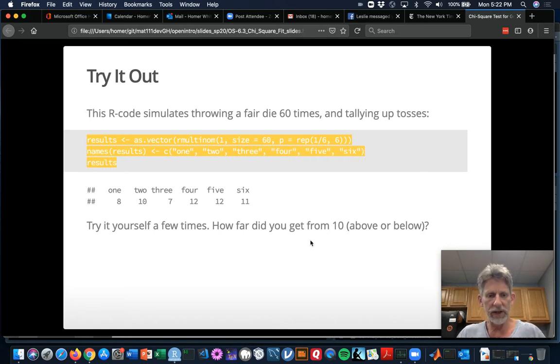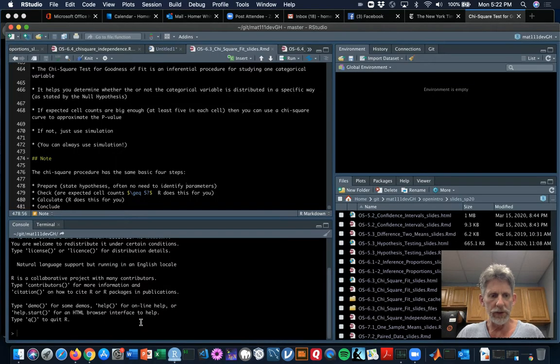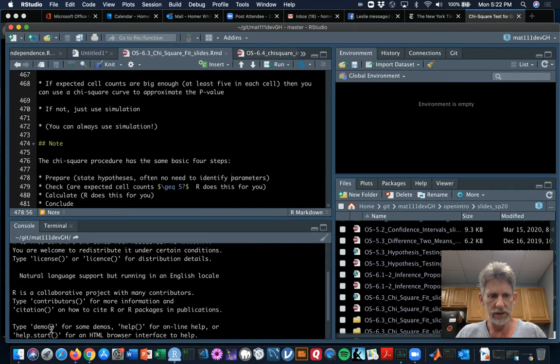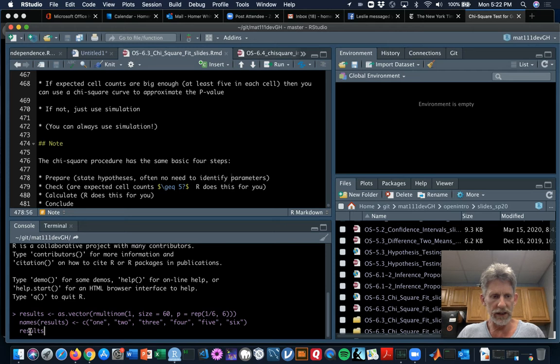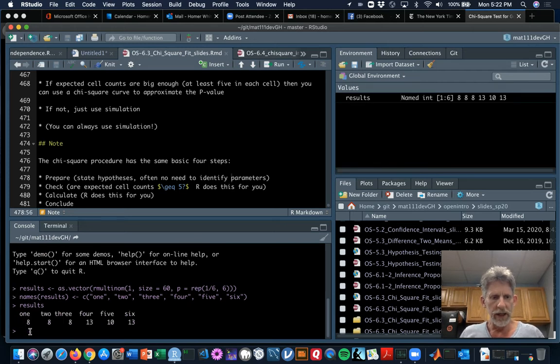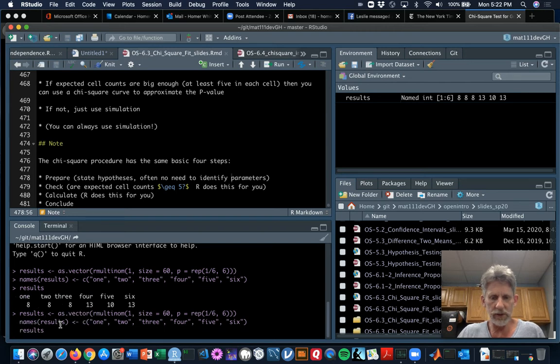So I'm going to copy this and head to RStudio like you should as well. I'll make the screen a little bigger and paste it in and give it a try. This time, none of the 6 tallies departed that far from the expected 10,